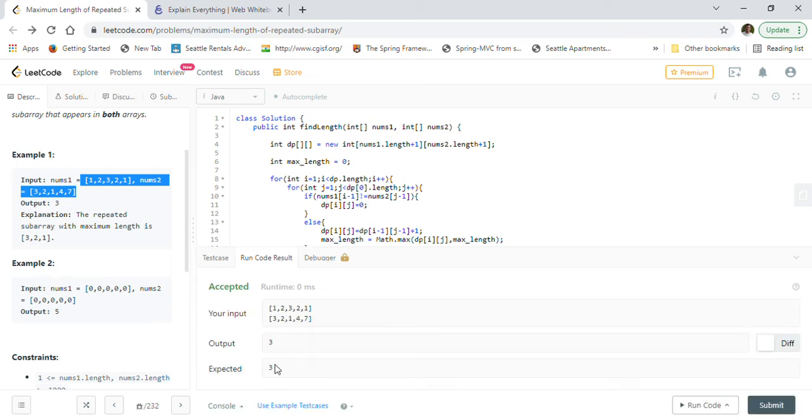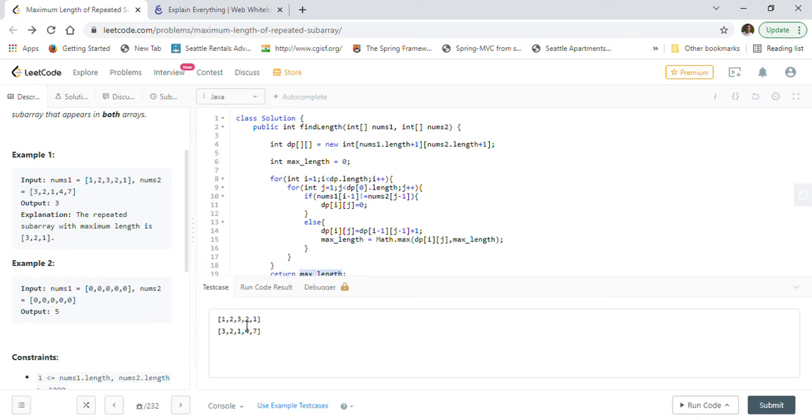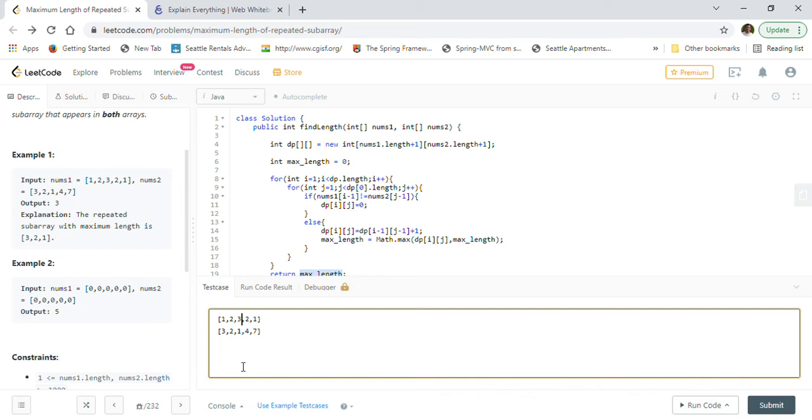So as you can see, we got the answer 3, right? Because this 3 2 1 here is also 3 2 1, right? So let's just modify this test case a little bit. So now instead of 3 2 1,